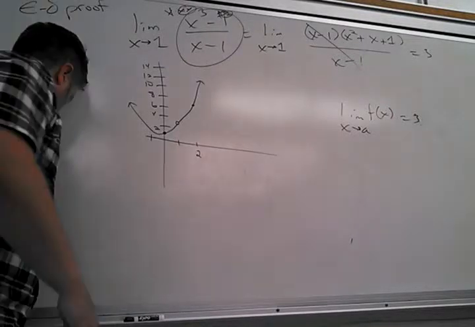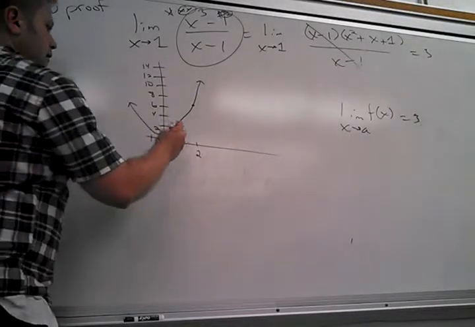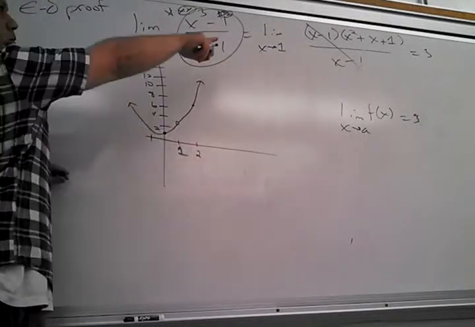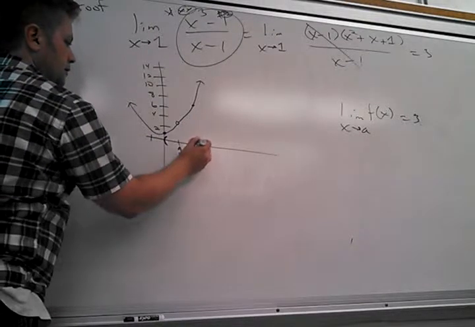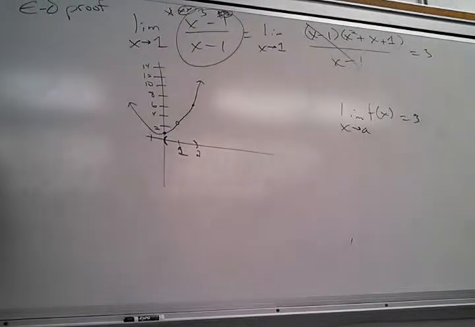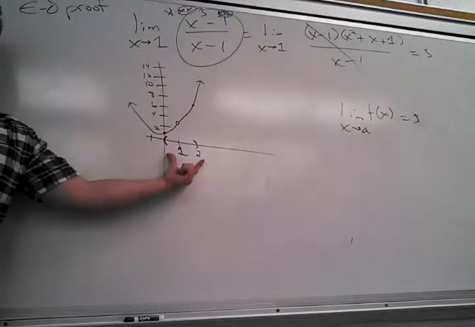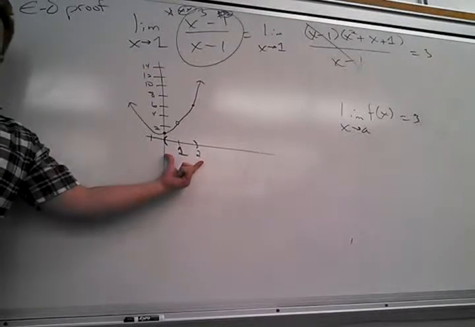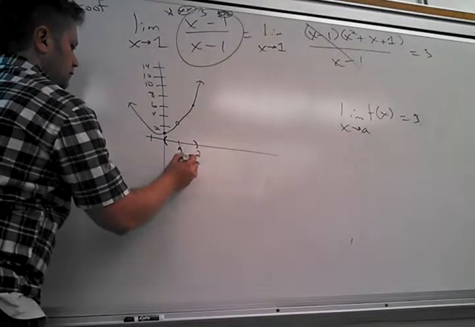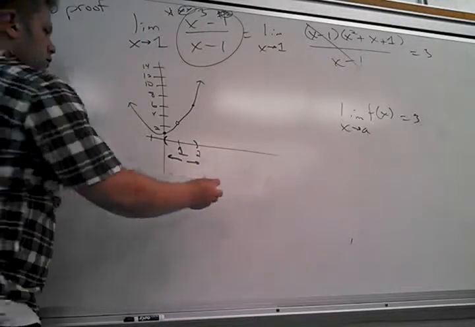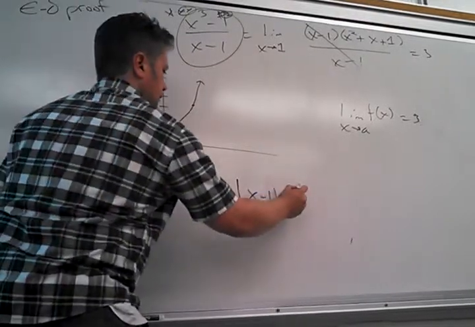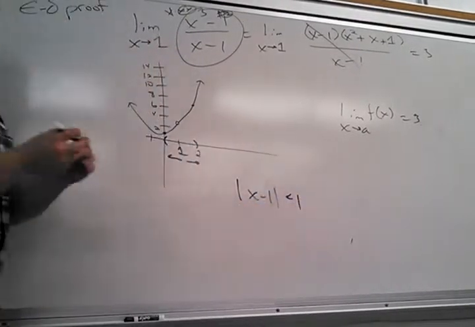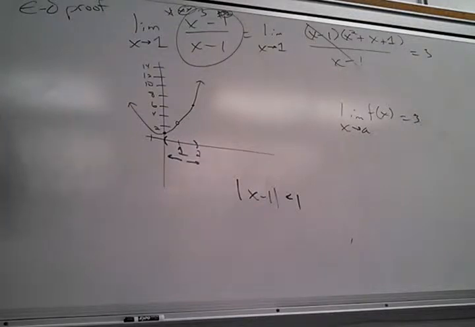Okay. So, what that really means then, here's my 1. That's the major important player here in this whole thing, right? So if I have some neighborhood of 1, and in fact, how far away from 1 do I get? 1 away. So |x minus 1| in this case is, let's say, less than 1. I got my parentheses there, so I don't include those.